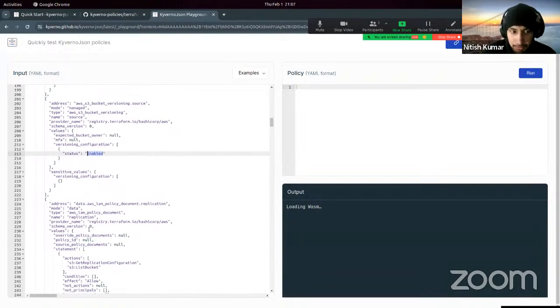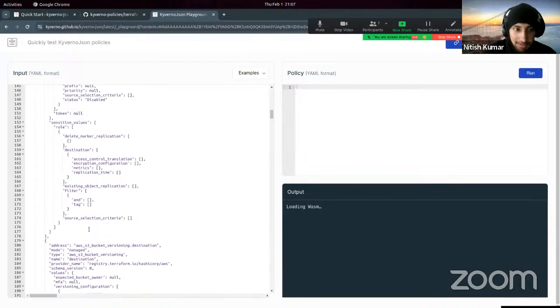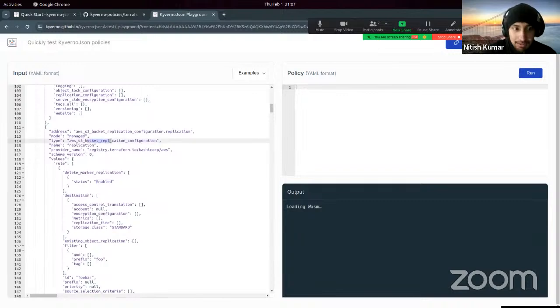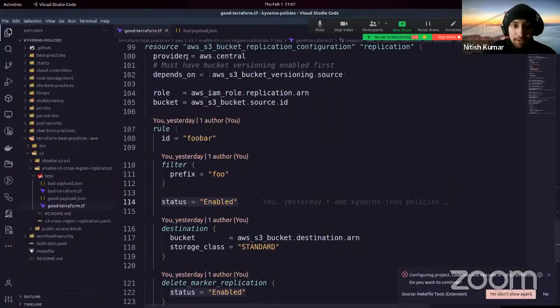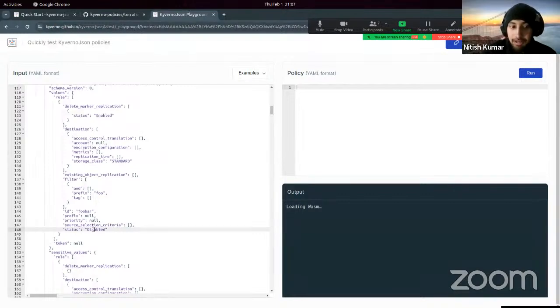If I go a little more down, that was not required, but yeah. So this is a type, and you can see that status is set to disabled here. Why? Because I have converted it from a bad payload.json. So this is a bad Terraform file, and I need to write a policy such that I fetch this status